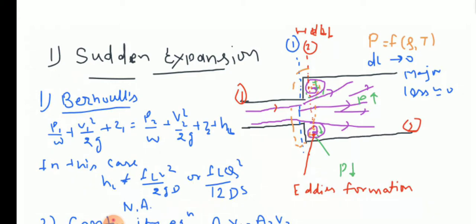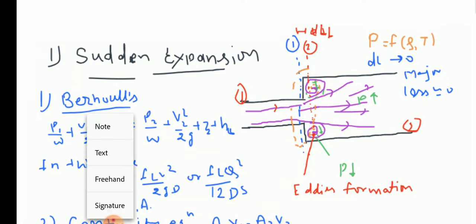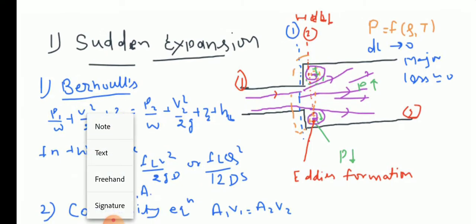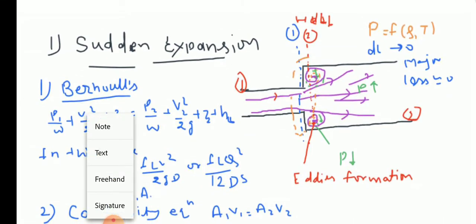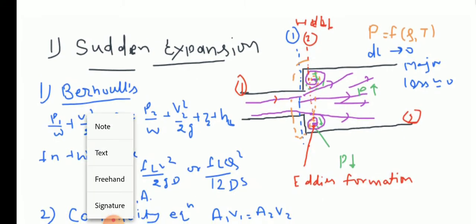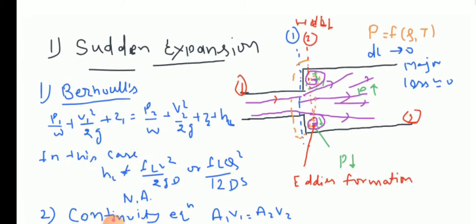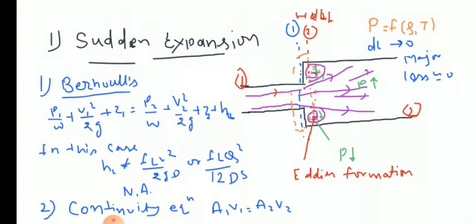Because of that, the streamline expands in the bigger diameter pipe, and due to which some region is created, you can see where eddies formation takes place due to the low pressure zone, and due to which the head losses occur. These head losses are calculated with the help of Bernoulli, continuity and momentum equation, right? At this section where this change occurs, by applying sections 1 and 2 taken close by, these losses are accounted.